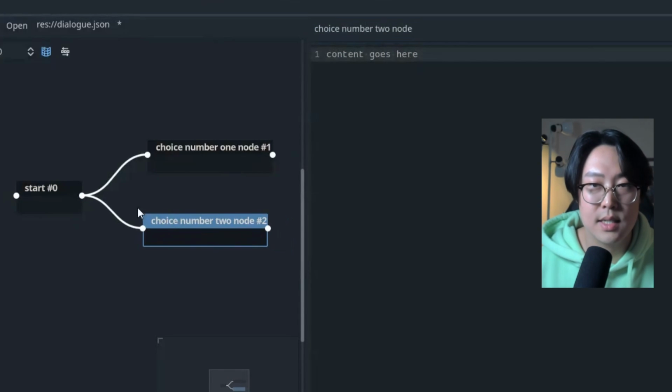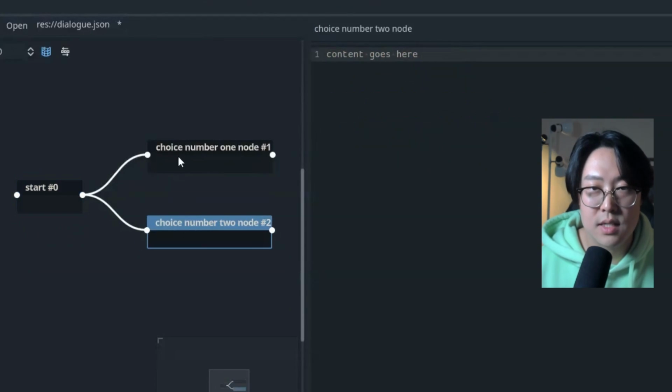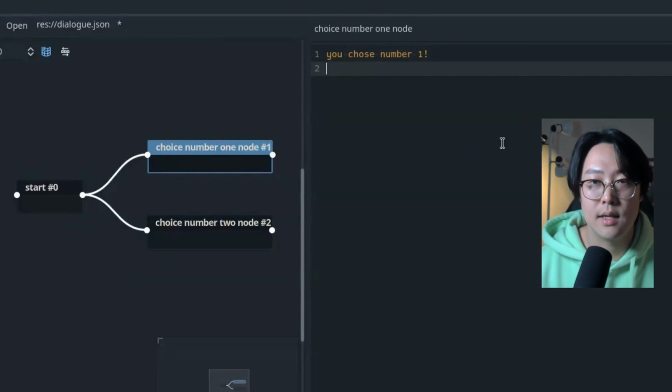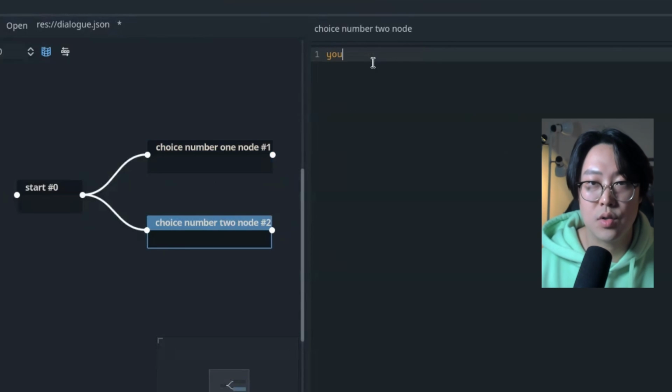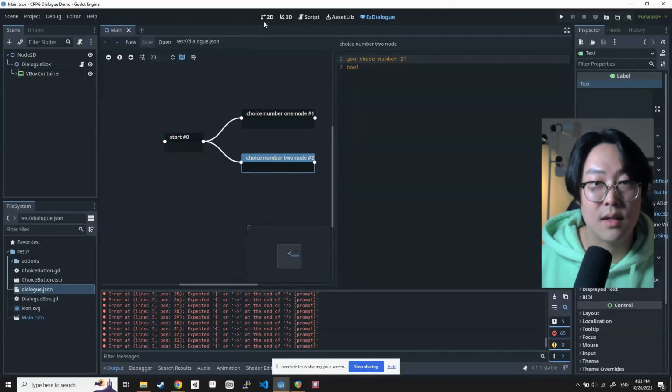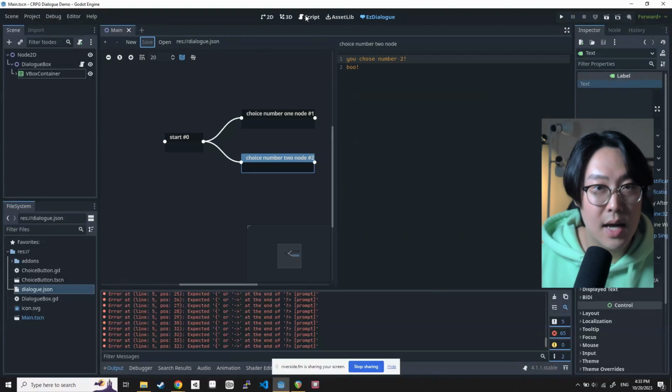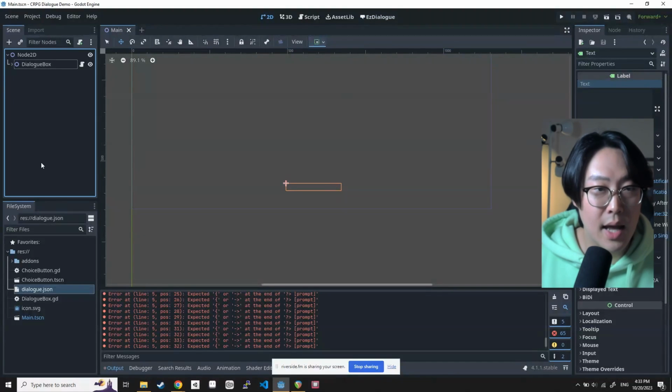You got it connected. And then, you know, let's have a little response on the choice number 1 and say, you chose number 1. Yay. And then on this one, we'll say, you chose number 2. Boo. Cool. All right. Now that we have the dialogue ready and saved, I'm going to now add a dialog